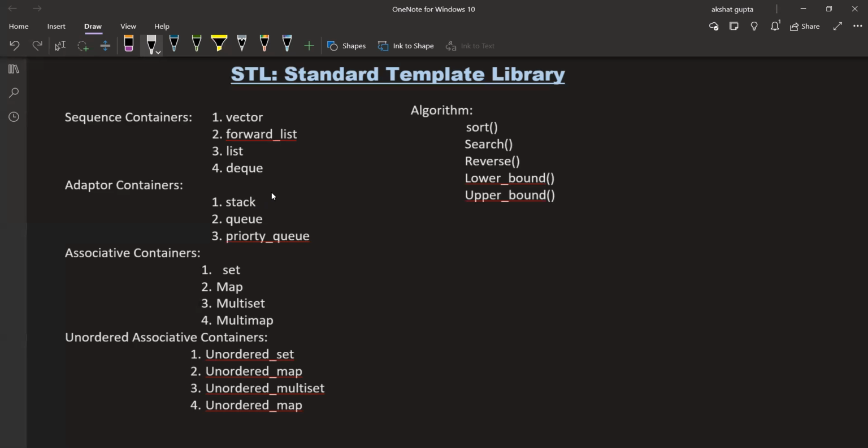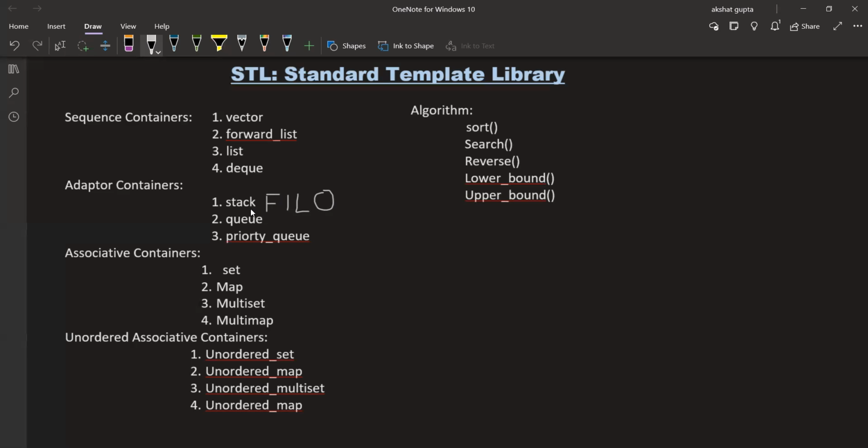Stack is based on the concept of first in, last out. That is, the element which is inserted first will be deleted last.